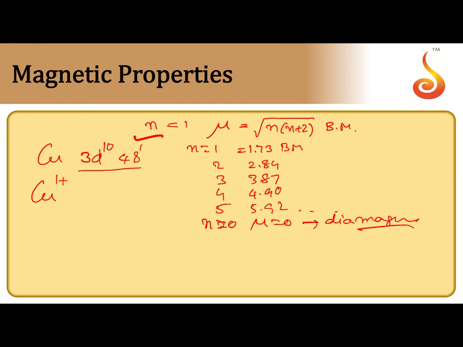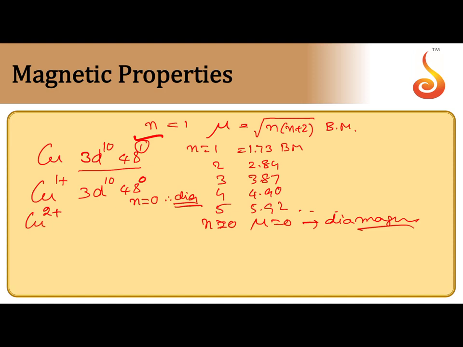Cu+, cuprous ion. So when we are removing electrons from a d block atom, they must be removed from the ns orbital. The differentiating electron, the last electron entering the atom of a d block element, is d, but during removal the electron must be removed from s. So first you remove the s electron, then the electronic configuration of the cuprous ion is 3d10 4s0, number of unpaired electrons 0, that's why cuprous salts like cuprous chloride are diamagnetic.